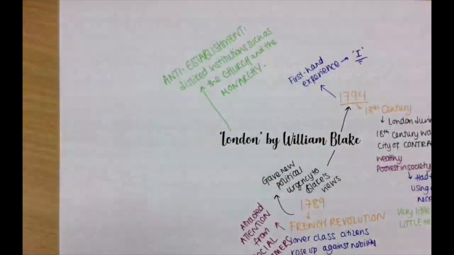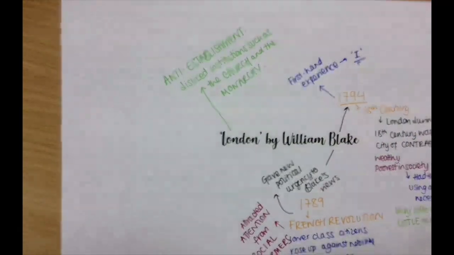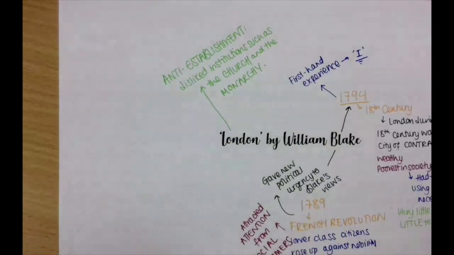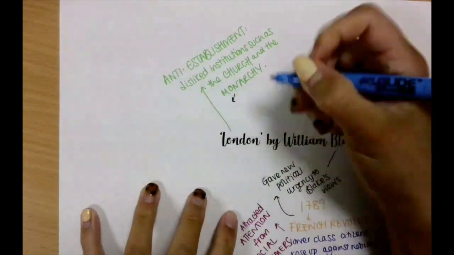And this was primarily as a result of these institutions, I mean in particular the church's failure to help the poorest in society who were in desperate need. So he was quite angry at the fact that we believe in this deity, this sort of higher power, but it doesn't actually support those who need it the most. So he was frustrated about the lack of support that this gave to the poorest people.